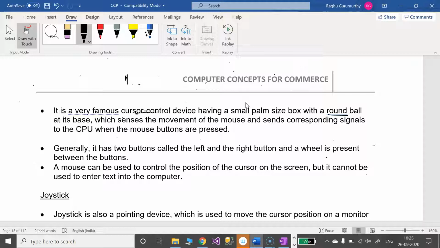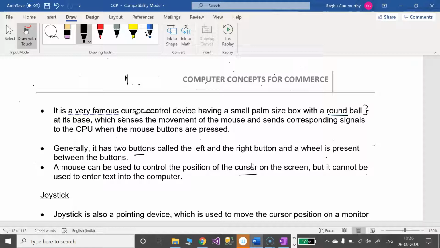But now the scenario has changed. The mouse is purely digitalized and works with optical sensors. We do not find any ball-like structure under a mouse nowadays. A mouse consists of two buttons and a scroll wheel, left button and right button. Each has its own functionality, along with the scroll wheel and the cursor.